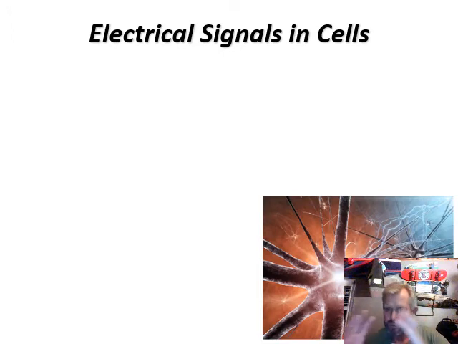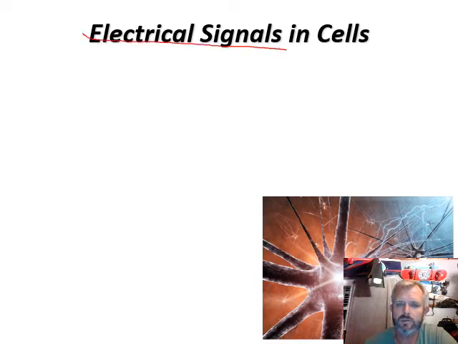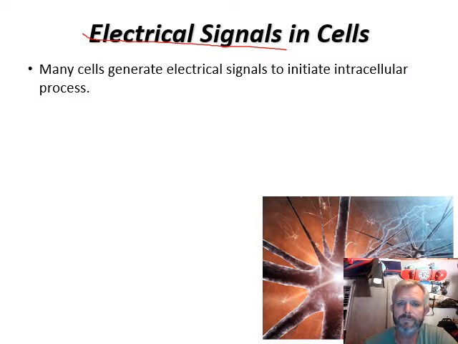All right, so we've got our structure and our cells and our tissues of the nervous system out of the way. Now we're going to start looking into the functioning. How is this electrical signal taking place? What are the electrical properties of the neuron? And so, since we're talking electrical signals, okay,